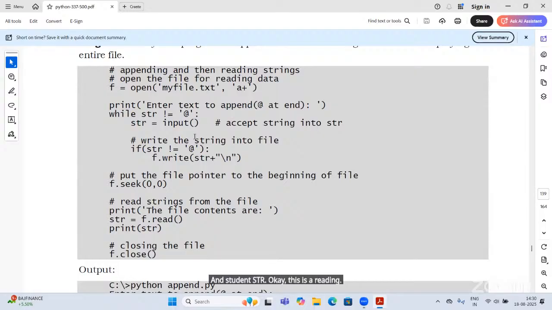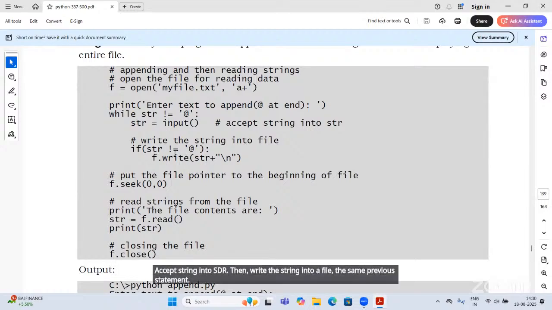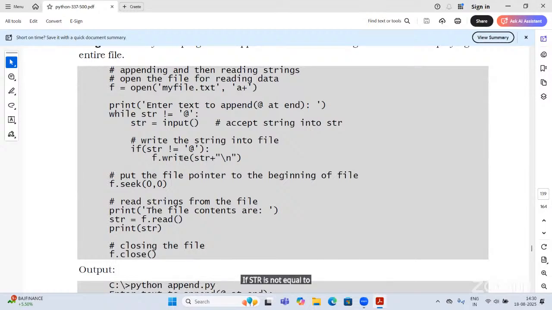Then write the string into the file, the same previous statement: if str is not equal to @, f.write(str plus newline). With this, reading and writing is completed.